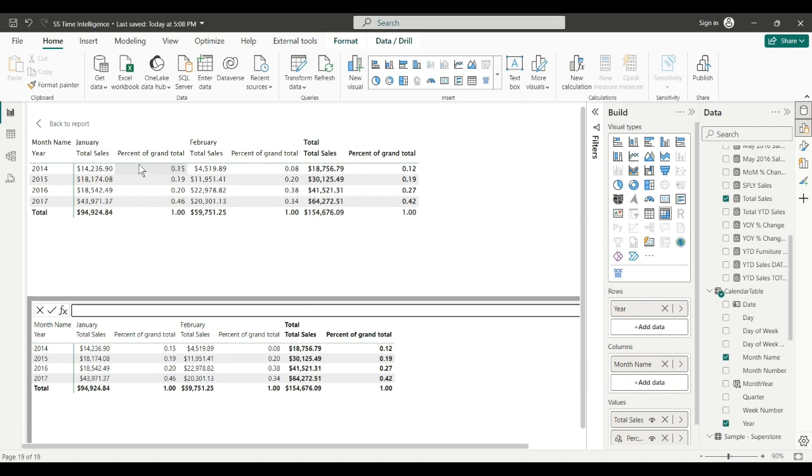So this is 15% of all January sales, 19%, so on and so on. Same for February, and then on the grand total, 12% of both months' sales, 12% of total sales, 19% of total sales in that year, 42% of total sales in that year, and 100%. And the way I know I'm using rows is the 100% are in rows. So that's rows. Go back to my report,